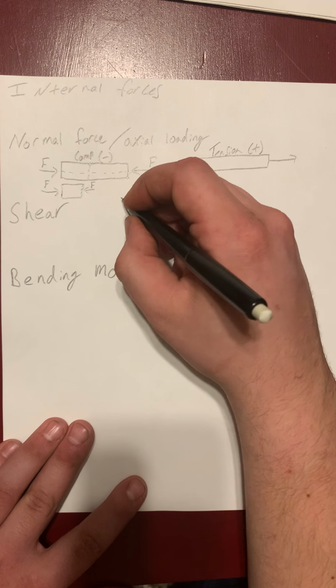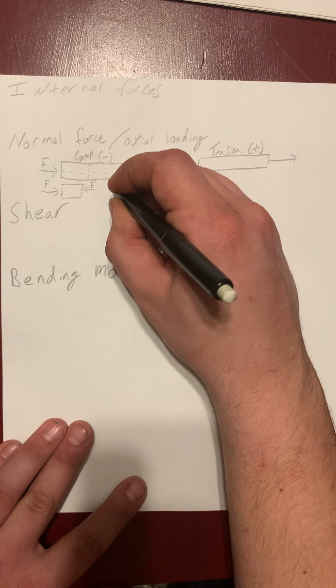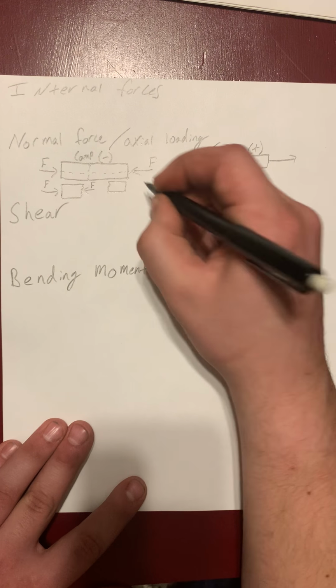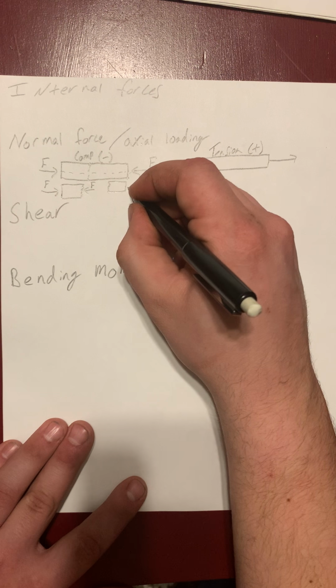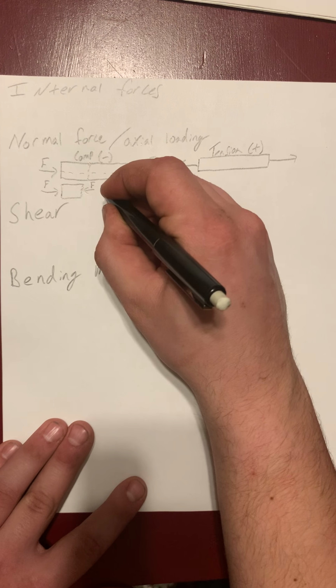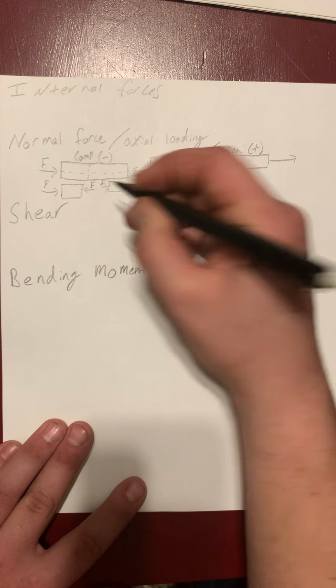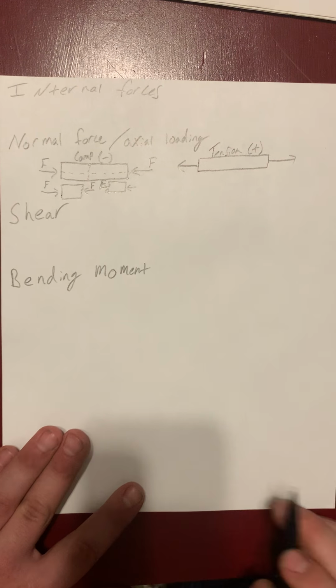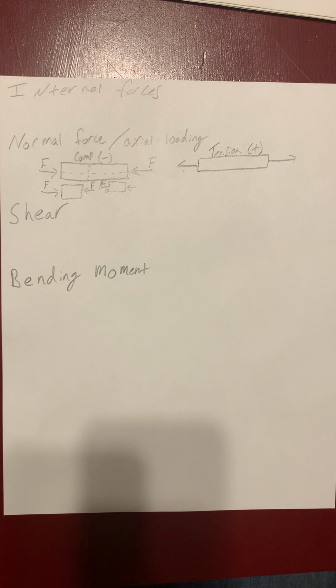We can also say that it's the same way this other way. If we have a force going to the left, we have to have an equal and opposite force going to the right. And we have talked about this in terms of